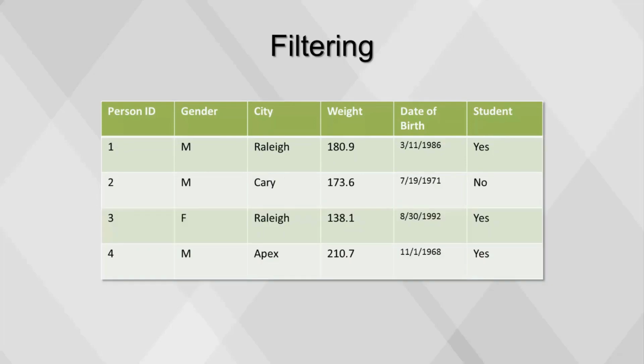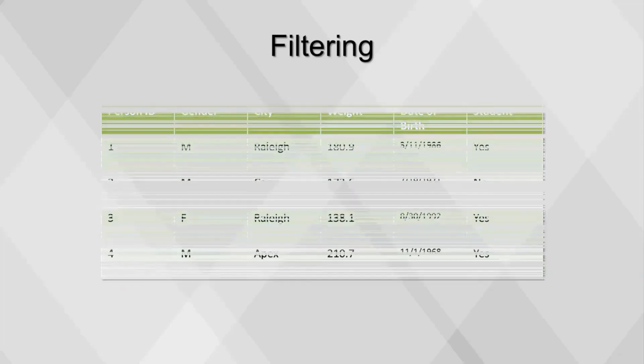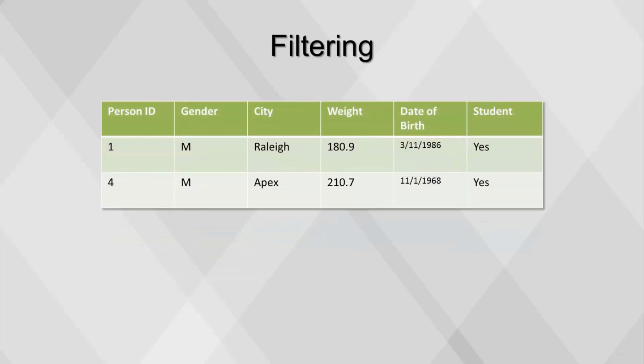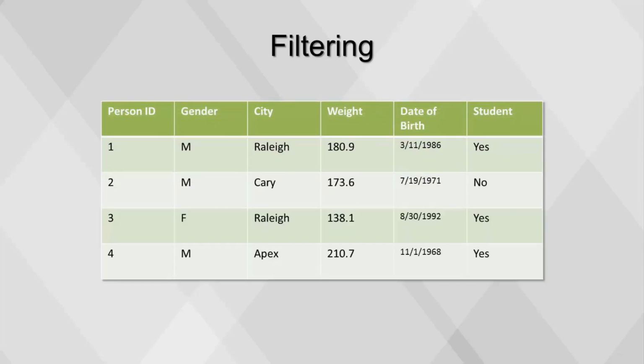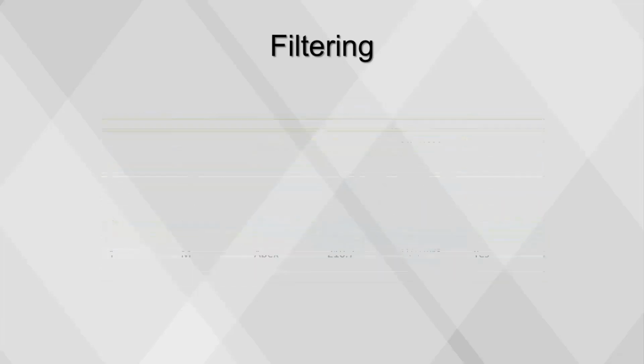Let's try another filter. Here's our original dataset again. This table is filtered to show only records of people who weigh more than 180 pounds. Filters of different variables can be applied together. Combining the above examples, we can filter the original table for people who live in Raleigh and weigh more than 180. This results in only one observation.